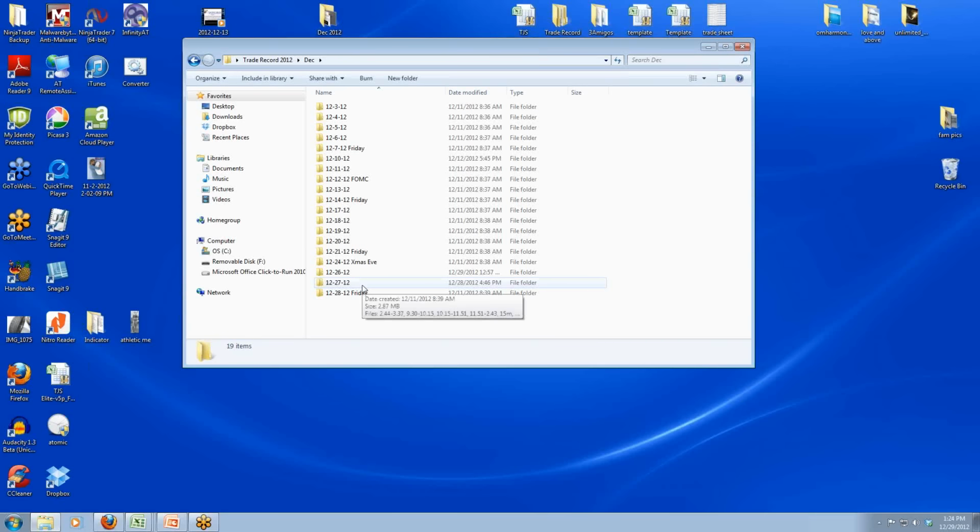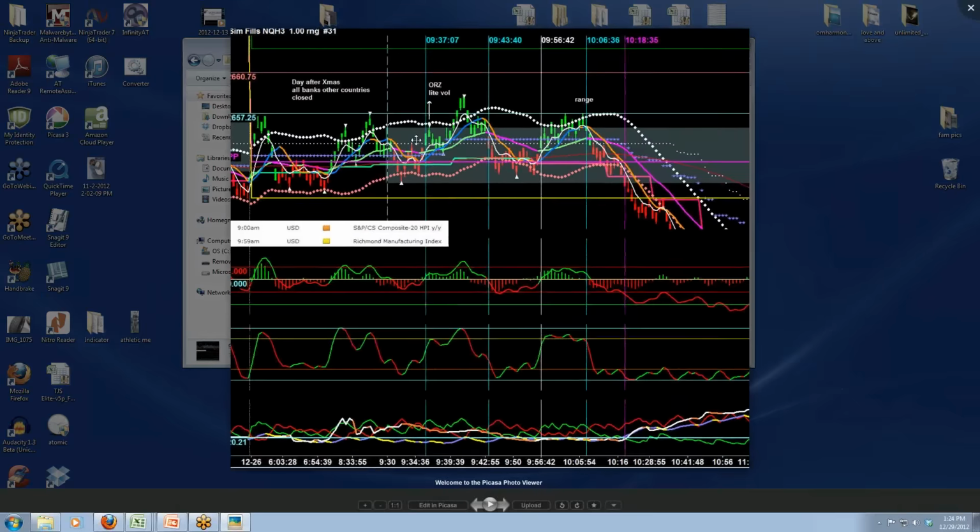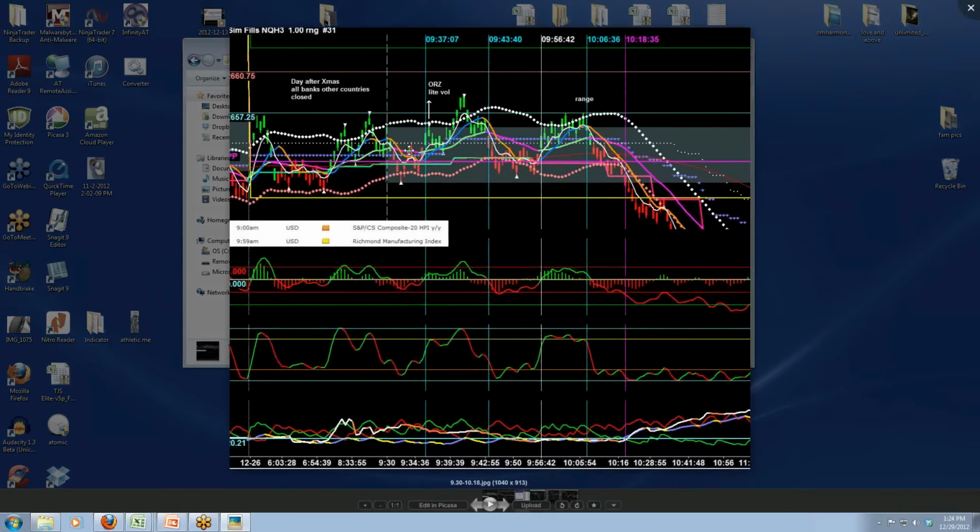And what I do is, for each trading day, I will go ahead and take a screenshot of the trades, mark them, and make notes. I also will copy and paste the economic news for that day. So at a glance, if I'm looking at my trade record and I want to see what the trade looked like, I can easily access my